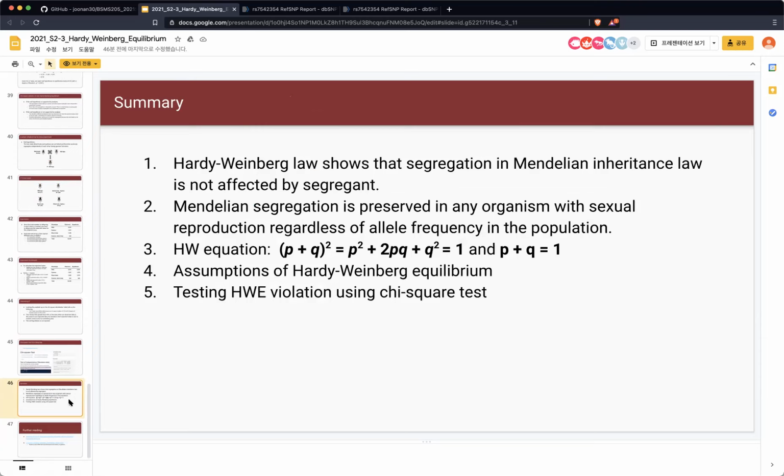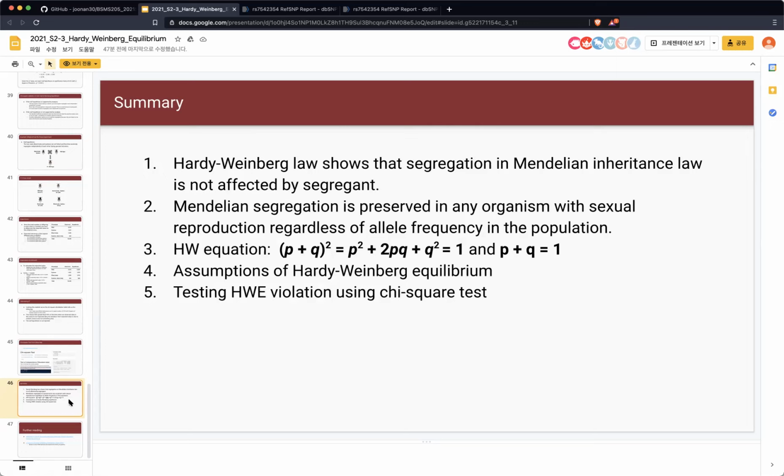topics. So the first one is that Mendelian inheritance and segregation are independent of each other. And that is the huge implication from Hardy-Weinberg. And also, the dominance defined by Mendel is actually the molecular phenotype. What that means, we're going to learn in more detail in a later section. And then the Hardy-Weinberg equation, let's derive that by yourself. It's easy. It's middle school